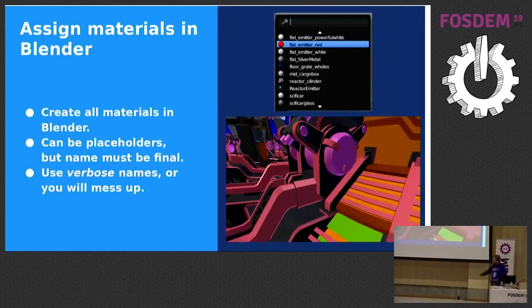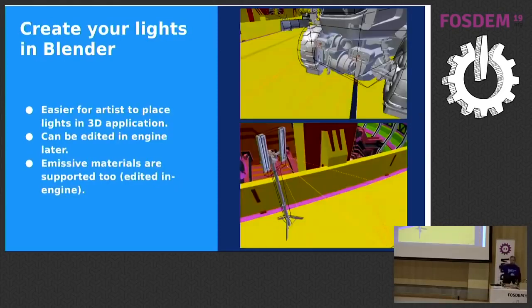And then in Blender, you just make the base material. Blender doesn't really support the same kind of, well, it does. It will now in new Blender, but it's easier to just make something very simple in Blender as a reference for the materials. When imported to the game engine, you set the actual materials and finish with the textures and everything. And you always use very verbose names, so when going to the game engine, you can find the materials. Otherwise, if you have something like Material.001, you're not going to find it. The same goes for lights. You can just put lights everywhere. When imported to the engine, the lights will be in the engine.